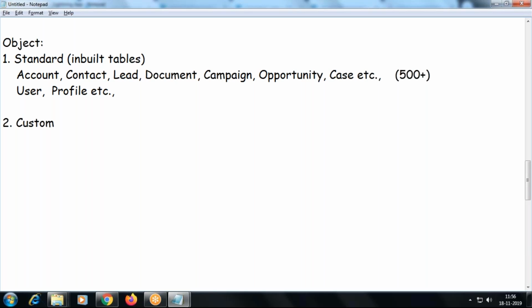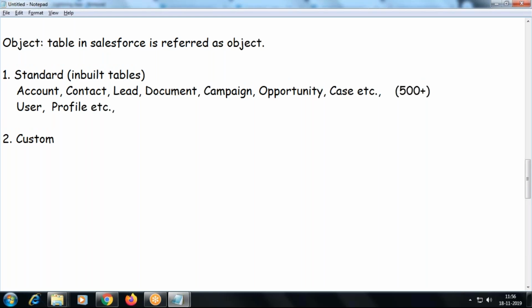So object is nothing but a table; a table in Salesforce is called an object. That's all. And a standard object cannot be deleted.